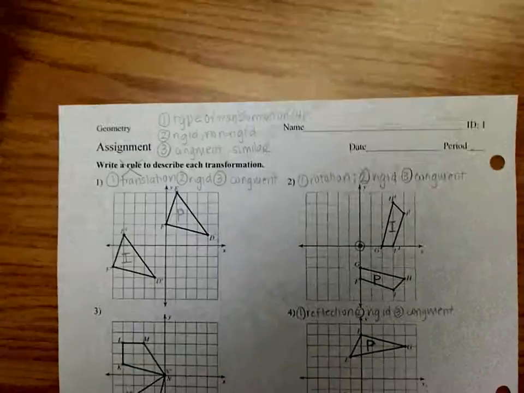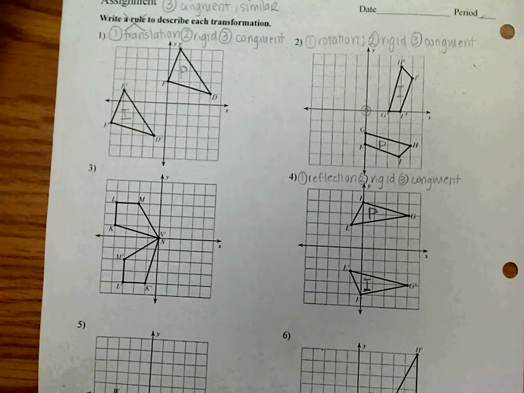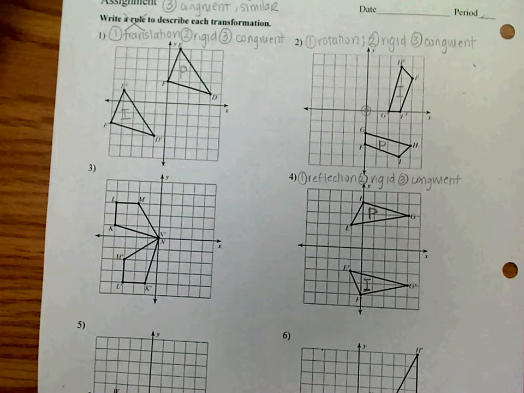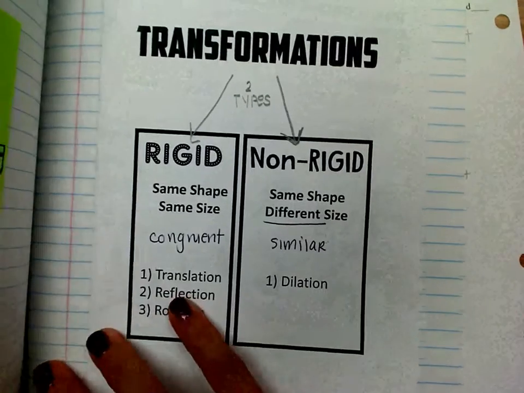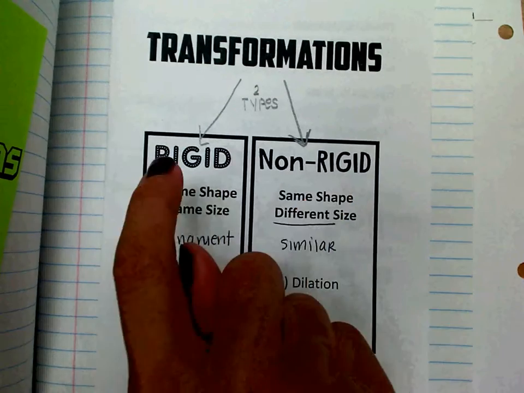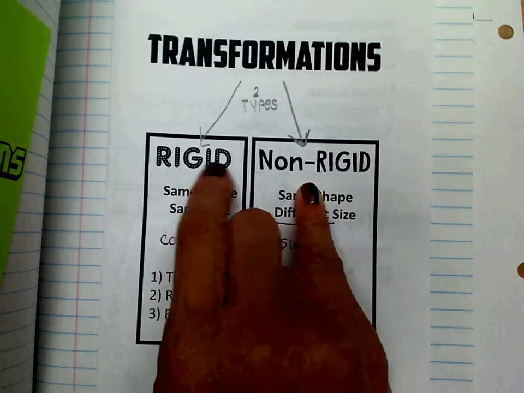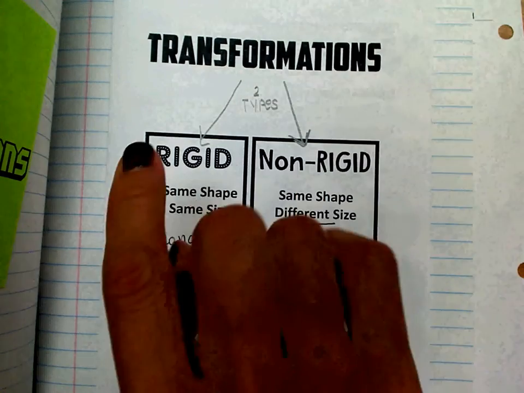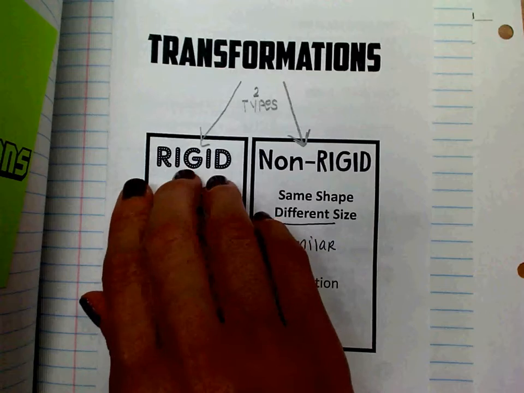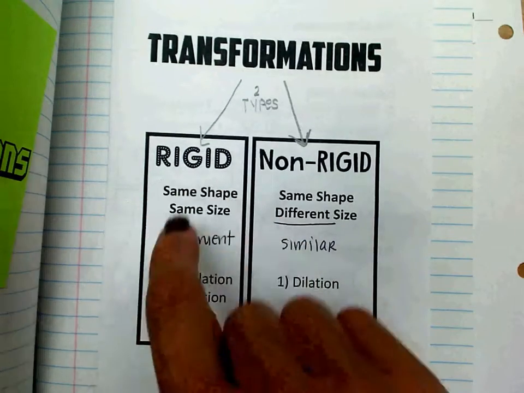So just as a quick review, let me pull out the interactive notebook. And hold on. So what we talked about in class was that transformations come in two types. There's rigid transformations and non-rigid. Now if you look up the word rigid, it's kind of like strict. Like rigid means immovable, in the sense that there's nothing that changes about it except, in this case, its